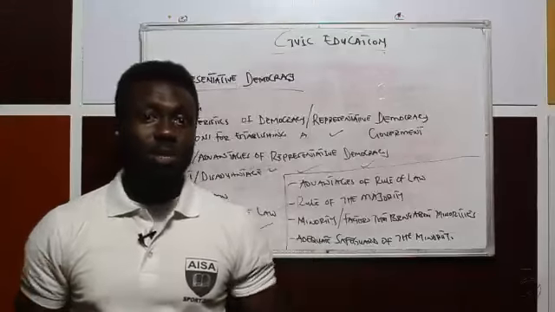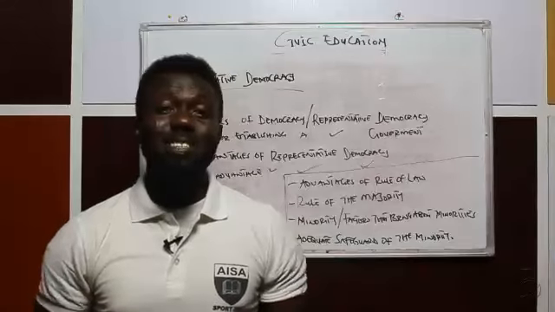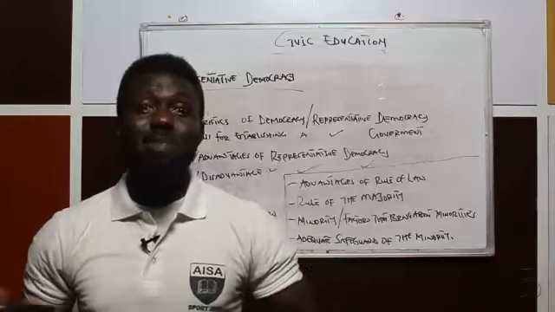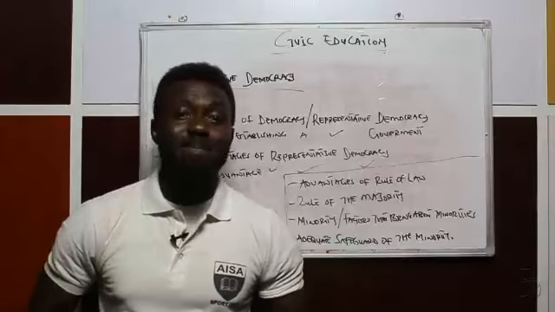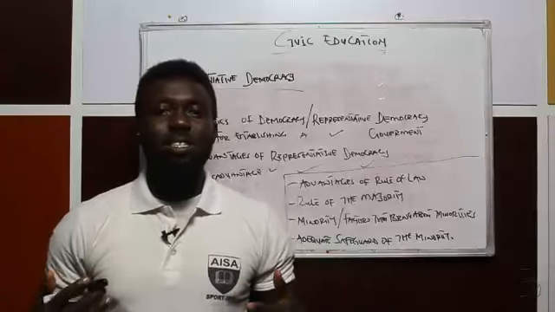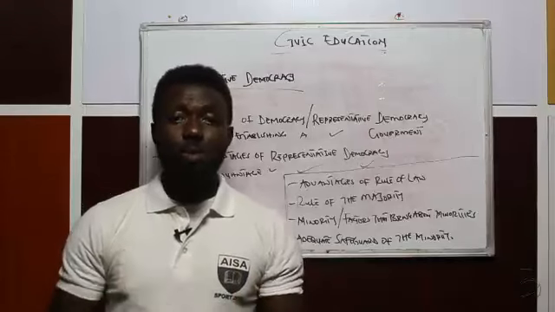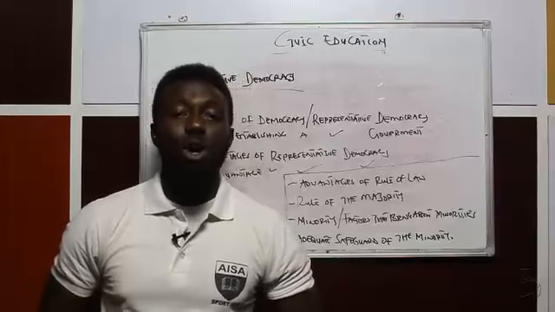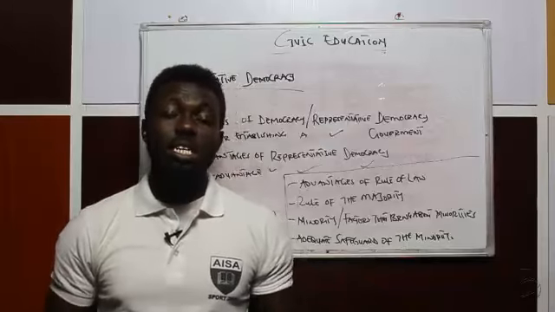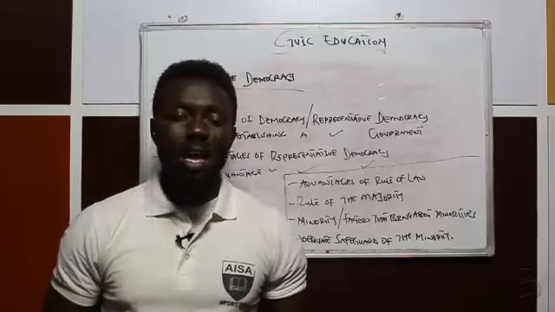Of course, the most basic definition or the most popular definition of democracy, they say democracy is government of the people, for the people, and by the people, defined by Lincoln. So basically, democracy is a representative government. It's a government where people are elected into representative offices. That's what democracy is. It's a government that is brought about through the process of election.